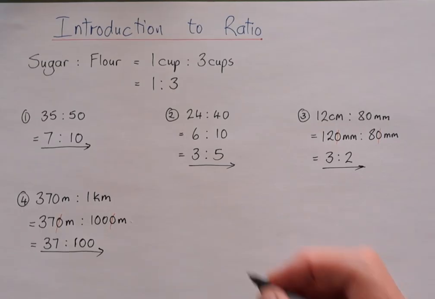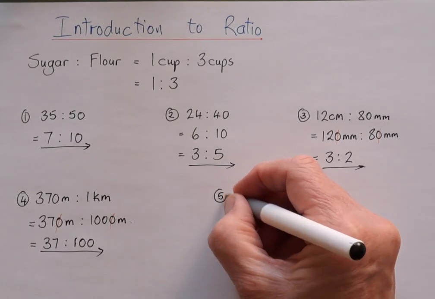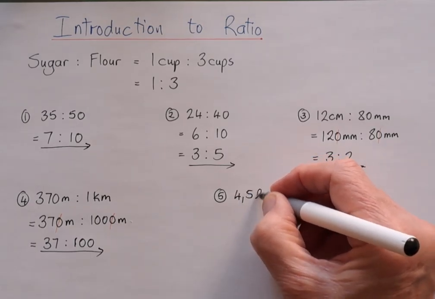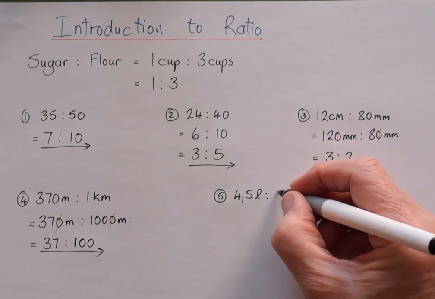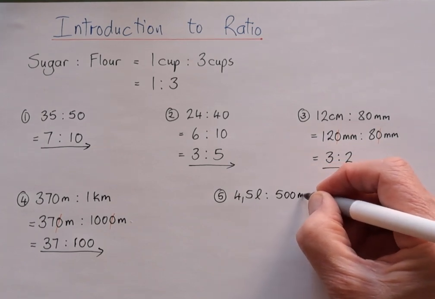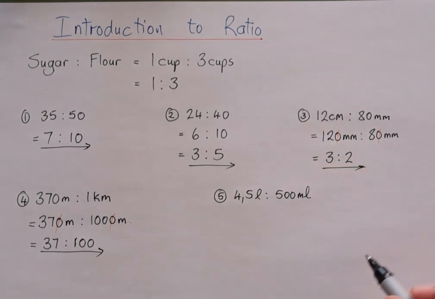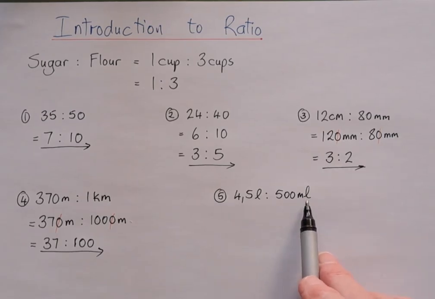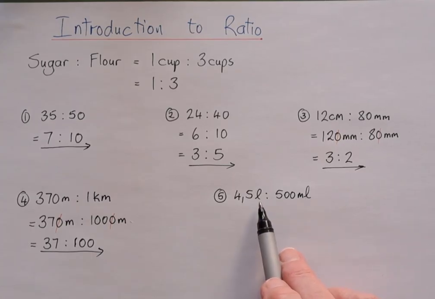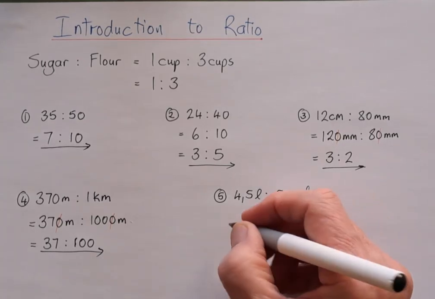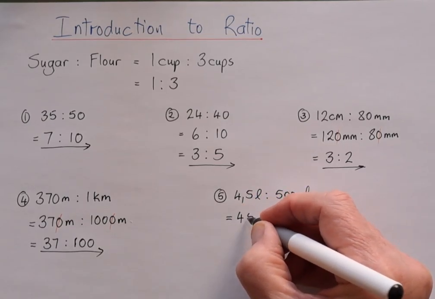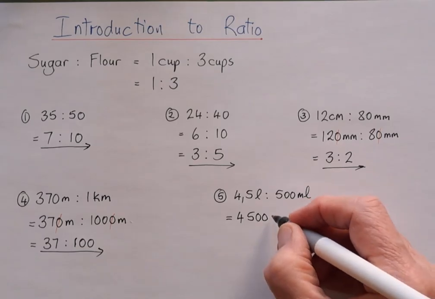Right, one last one. Let's have a look at 4.5 liters to 500 milliliters. Right, again, liters are a bigger quantity than milliliters, so I'm going to convert both of them into milliliters. How many milliliters in a liter? 1,000. So when I multiply this number by 1,000, I'm going to end up with 4,500 is to